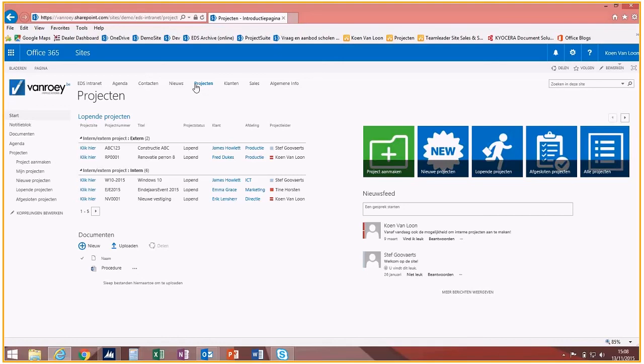If you have more questions, if you want more specific info about handling documents, integration with OneNote, for example, Power BI, Delve, Exchange, the total picture of Office 365 and what you can do with it,